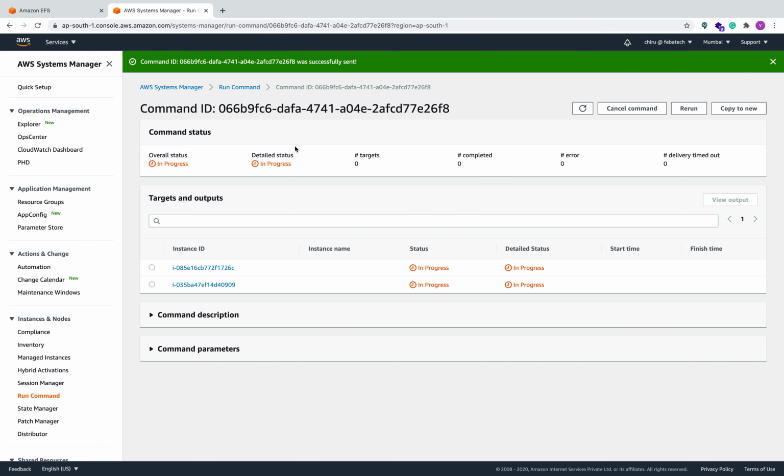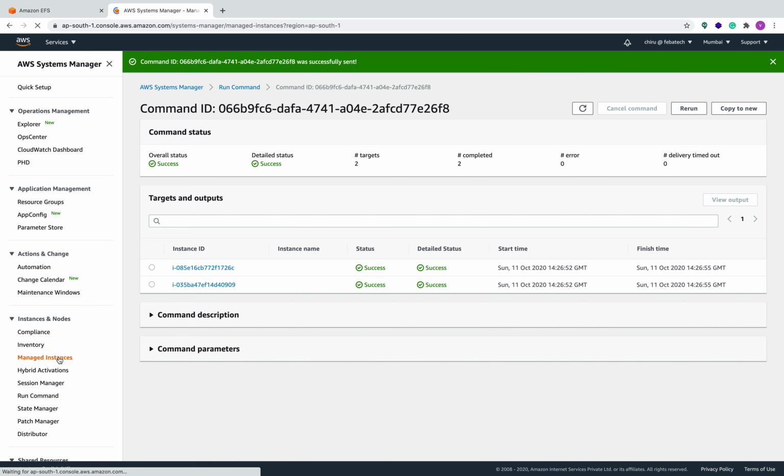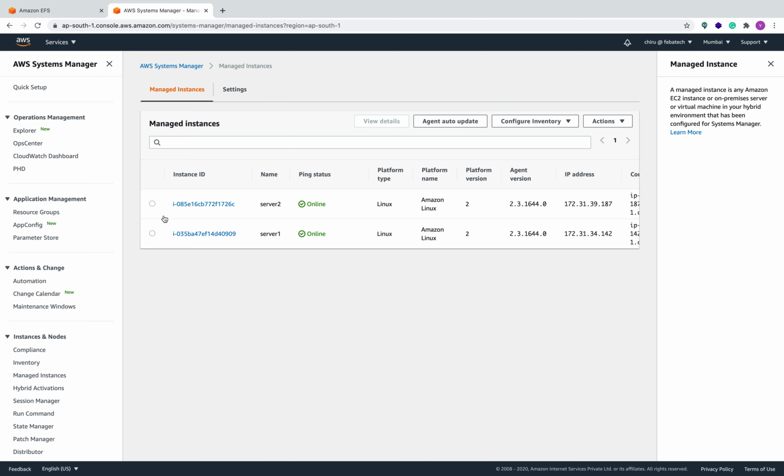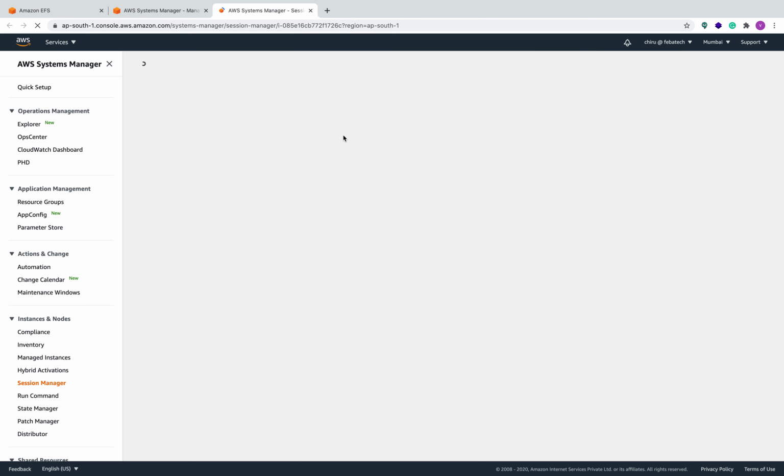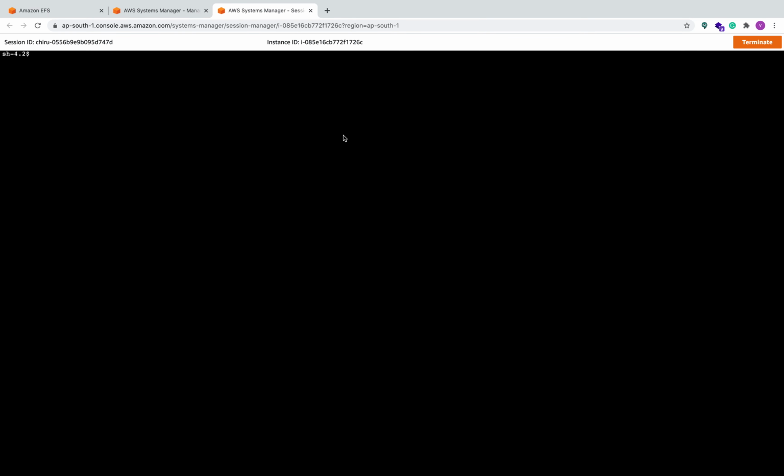We'll wait for a couple of minutes until the execution completes. It is successful, which means the file system is mounted. Let's verify whether the file system is actually mounted or not. How do you verify? You can go to the managed instances, go to the sessions, and start a session.